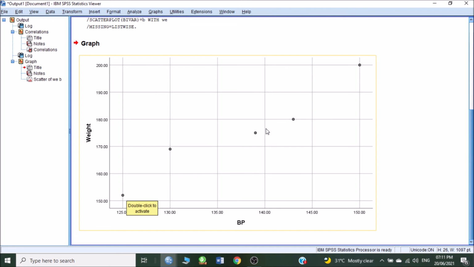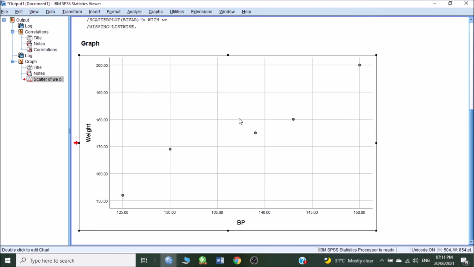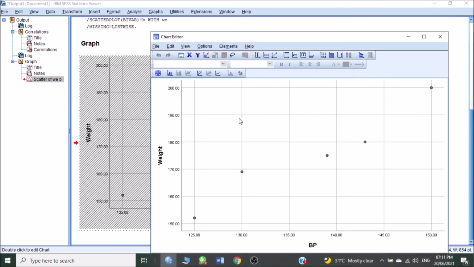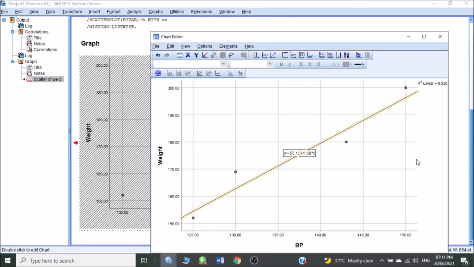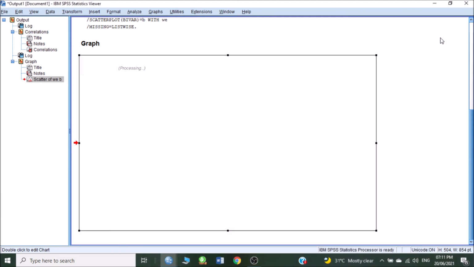Even if you want to identify whether it is a straight line or not, in the graph you double click. That's it. After the double click, here you take your cursor, for example, data label mode, show data labels. Likewise, for the fifth one, you just click this one. Okay, enough. Close it. Then here also you close once again. Close it. Nothing wrong.